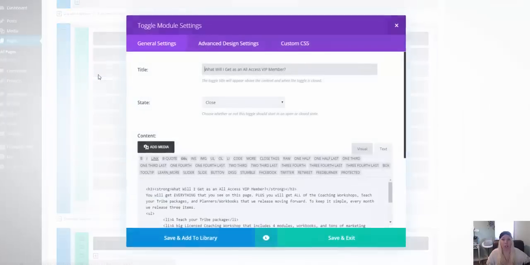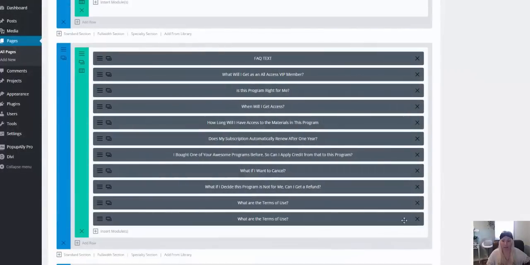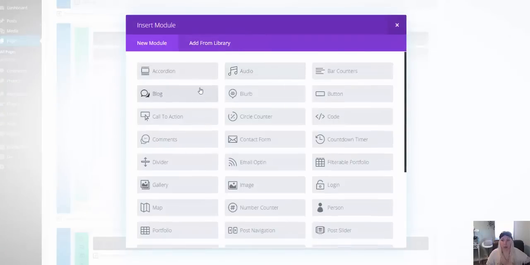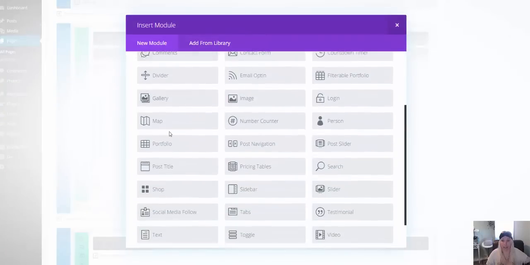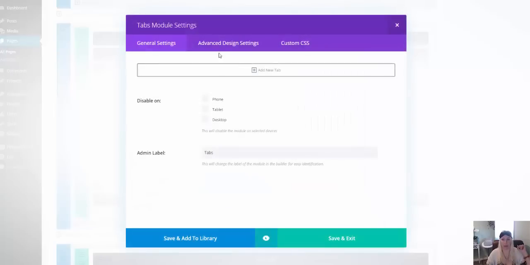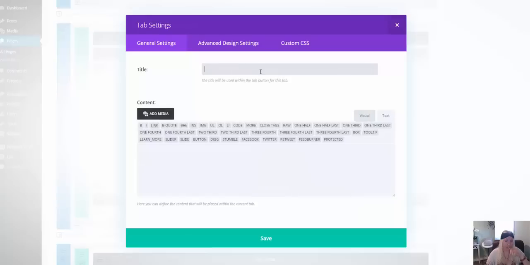Okay, so here we have toggle. This is what this module setting is. So remember, when we're adding a section, oops, we choose it from here. So we can have toggle, toggle, toggle right here. And that's what this is. Or you can use tabs, which flip, you know, you click, you have a page, and actually I'm going to show you. I don't know if I can,